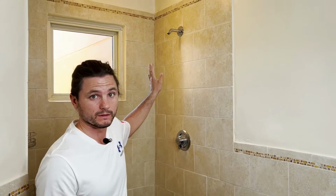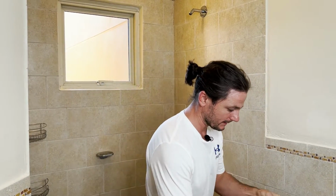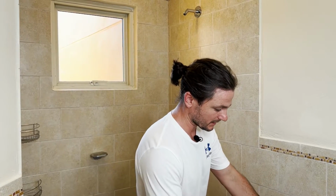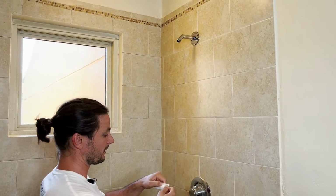Now that we have that out of the box, go ahead and install this on the shower arm. I already took the old shower head off and cleaned it up, so we don't have to waste any time with that. The only tool you might want to have on hand is an adjustable wrench to tighten down the diverter. Not 100% necessary, but makes the installation a little bit more snug. So go ahead and just apply some thread seal tape to the shower arm pipe. That's the only area we're going to apply